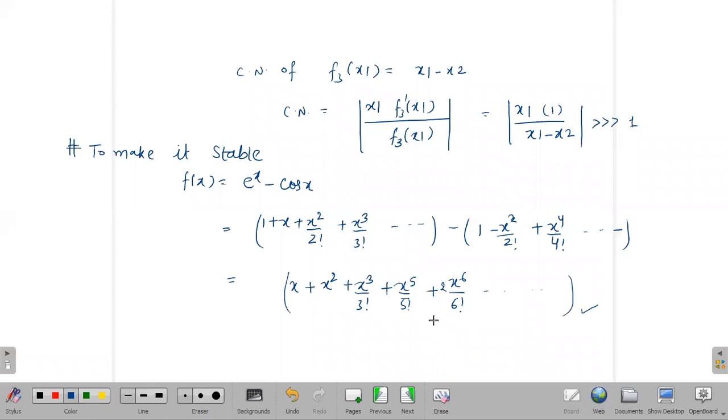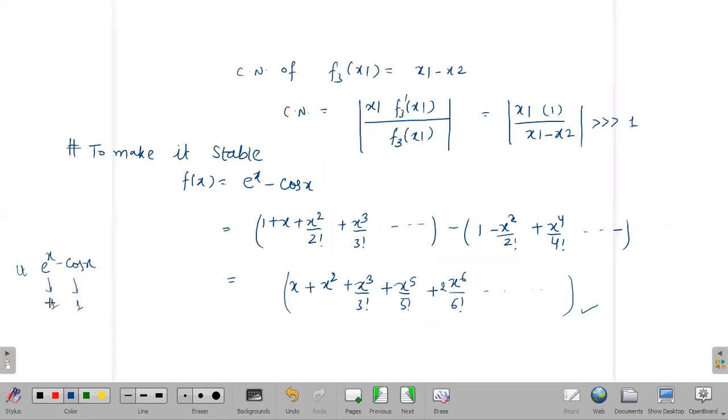Okay, so this way you can find the algorithm stability or instability. Any doubt in this stability topic? Ma'am, the original question was tending 1 minus tending 1. So ma'am, is that a determinate form or indeterminate form? Which one? Like e raised to power x minus cos x when x is near to 0. Ma'am, if we see according to limits, this is a number tending to 1 minus a number tending to 1, that is both numbers are tending towards 1. So is that determinate or indeterminate? It is not an indeterminate form, no?